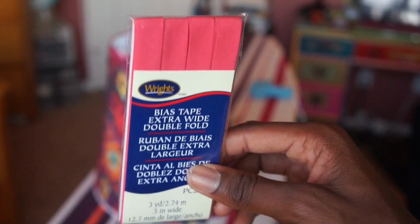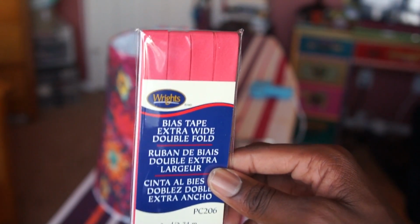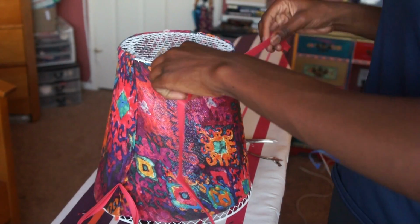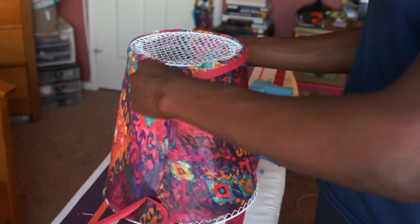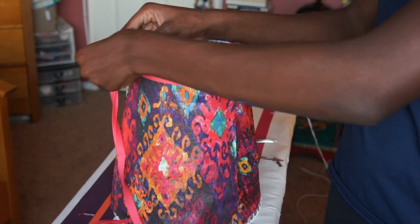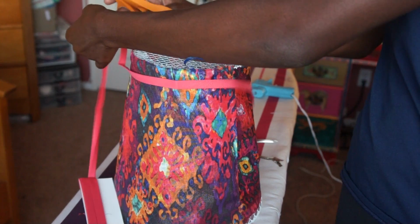Alright, so now get your bias tape out, and mine is 0.5 inches wide, which is going to really work well for me because I have this little area that's going to need to be covered right here. Okay, so now I have my bias tape unraveled, and what I'm going to do is measure it out and see how much I'll need. Just go around and see how much I need, and then bring a little extra just in case I mess up,